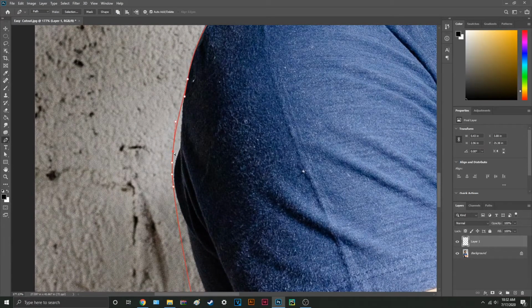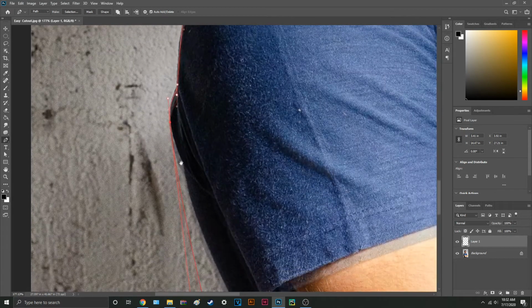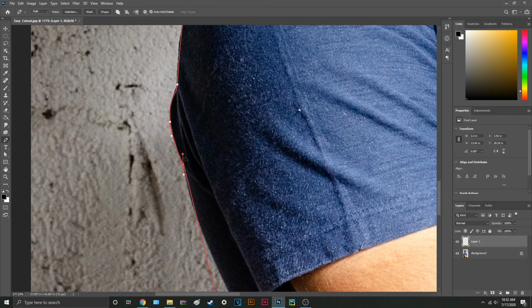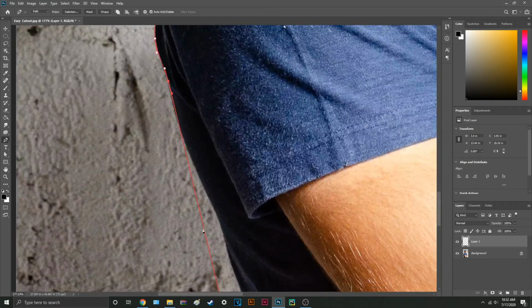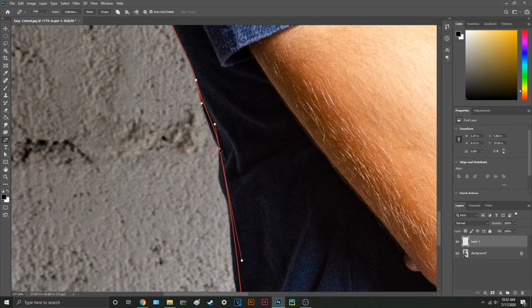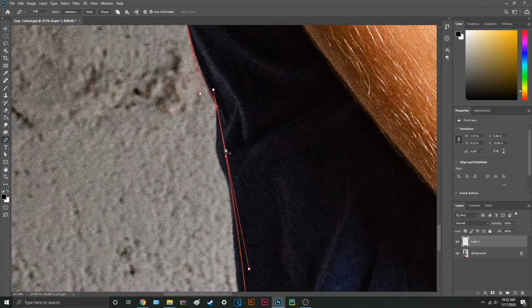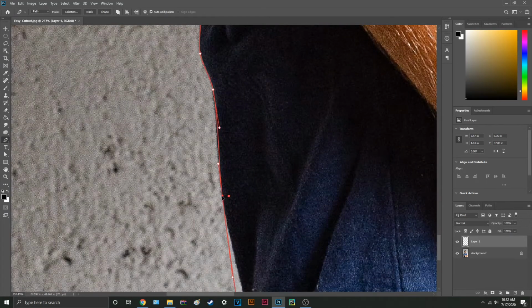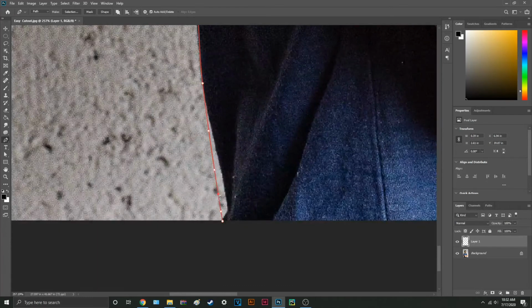outward, inward, adjust, adjust, inward, adjust, inward, adjust, inward, adjust, outward, inward, outward, inward,